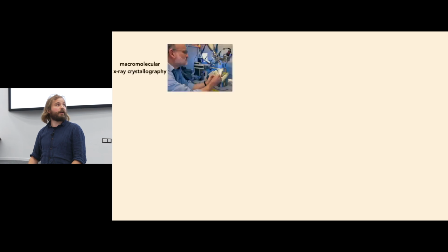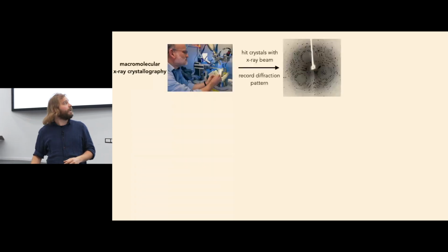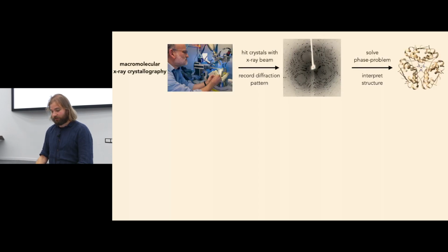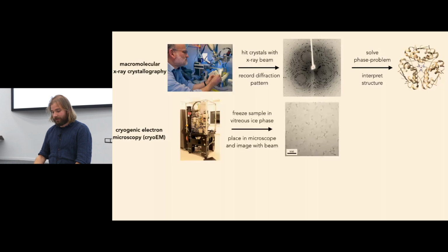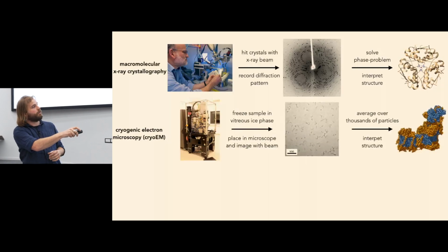So there are three main structural methods, and Richard's already introduced them, so I'm not going to go into a huge amount of detail here. The first one's macromolecular X-ray crystallography, which I've just taken you through, and that's how you get to structural information using macromolecular crystallography. The other one is cryogenic electron microscopy, where you use an electron microscope and a vitrified sample, and by averaging over many thousands of particles, you get to a